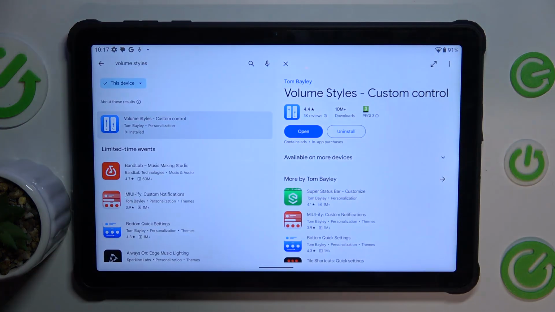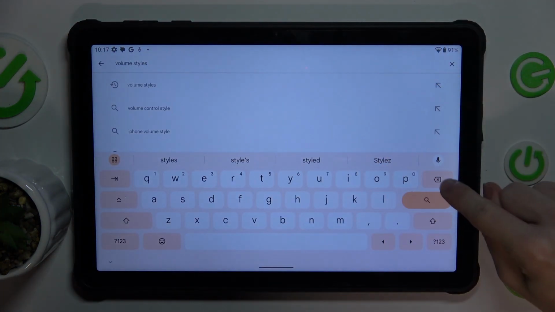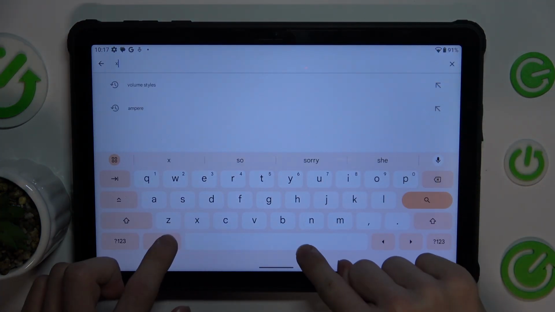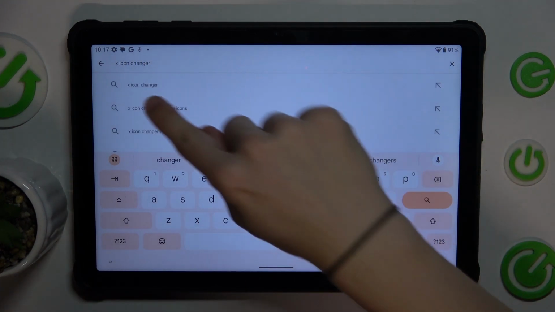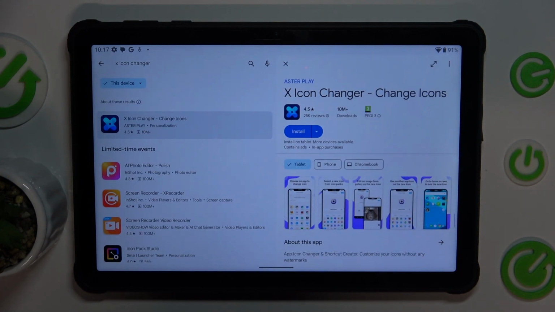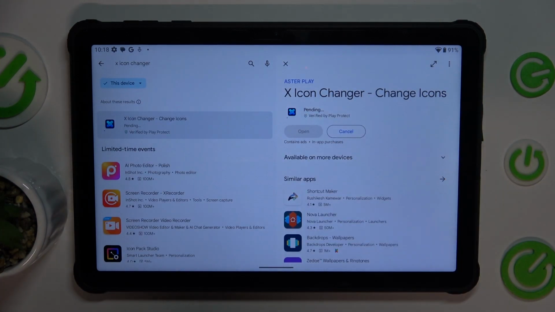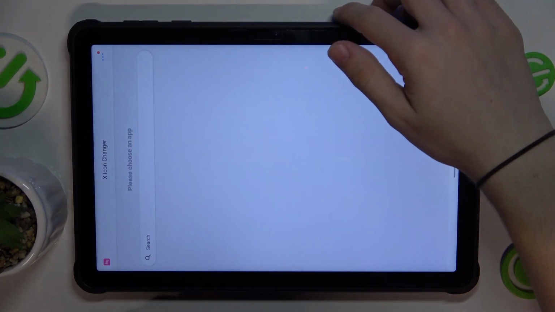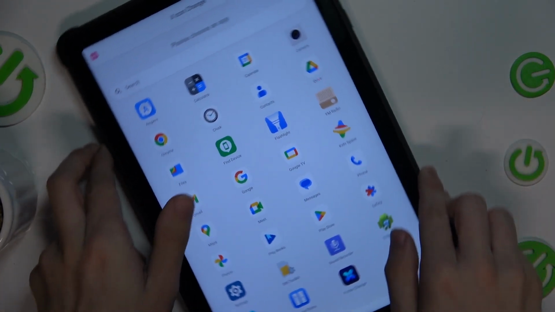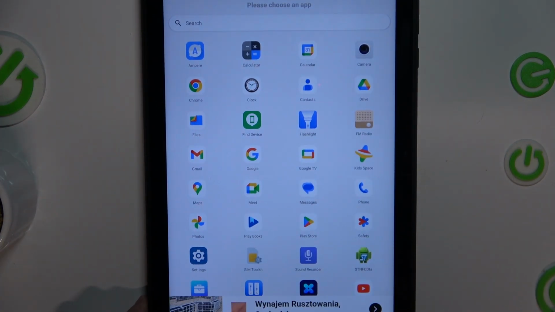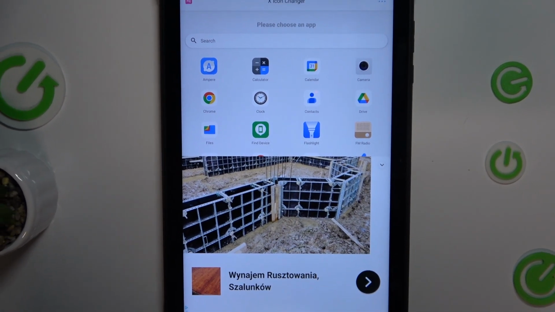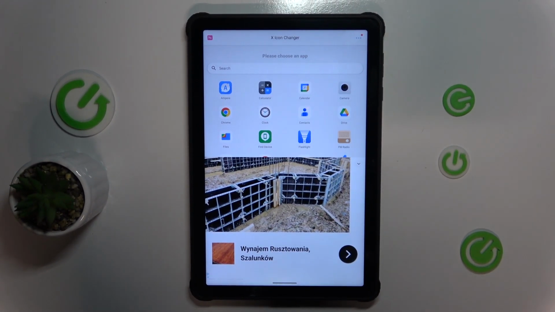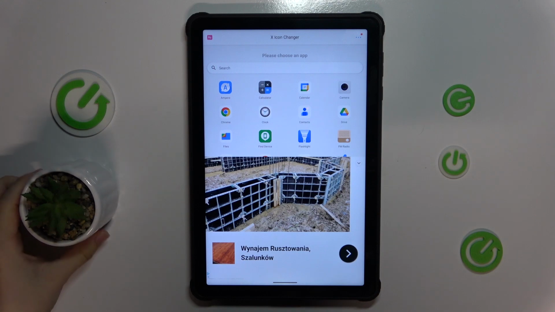Let's go to Play Store and search for X Icon Changer. Now press on X Icon Changer, press on Install, Consent. I will need to rotate my tablet. And now,